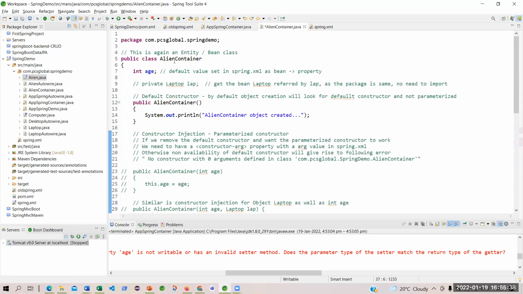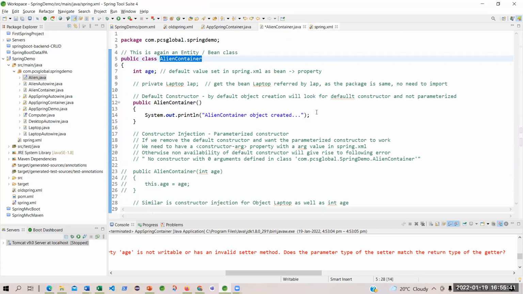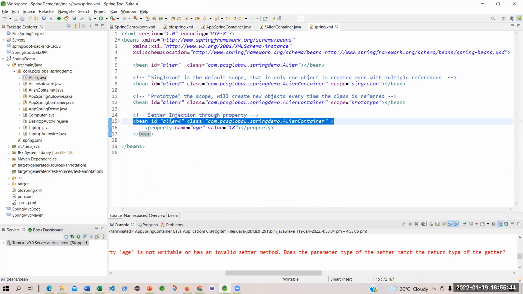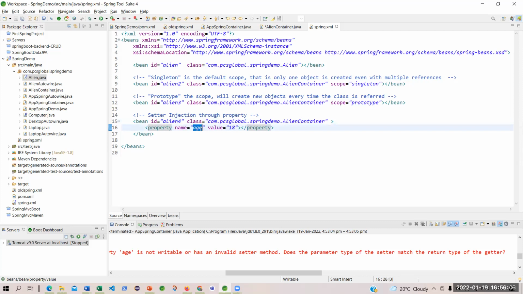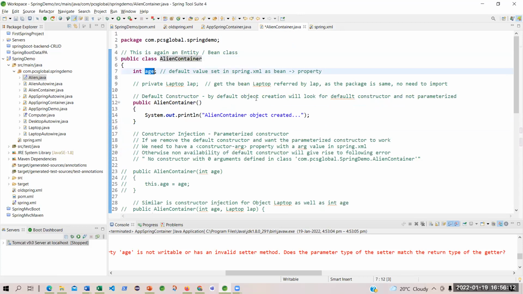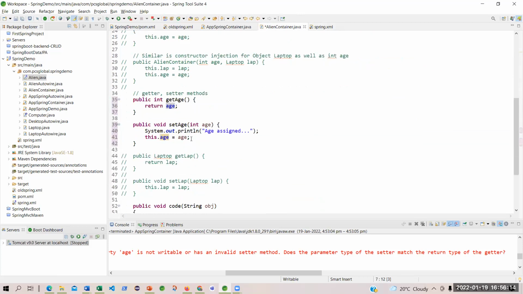This is an entity bean because you have defined it like that. You have said that this is the bean. I have given the ID to the bean as this, but this bean is a container. You have defined this. That class is a bean class or a bean type or an entity bean. That is what you did, right? Therefore, if I do something like this, I'm trying to set this into age, assign this into age, which is a property of that bean. I cannot do it without the setter. Without the setter, I will not be able to do it.